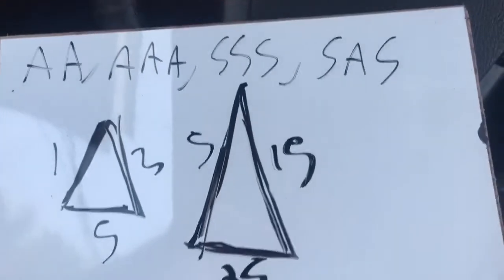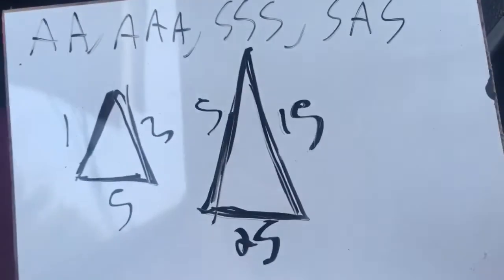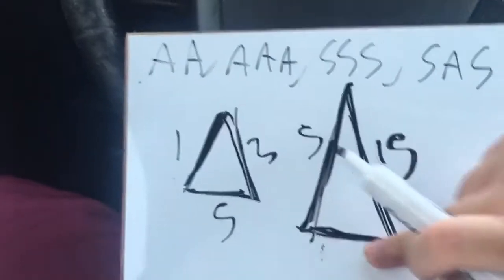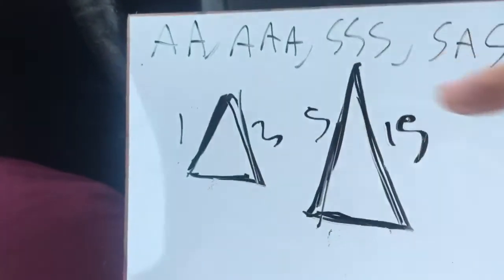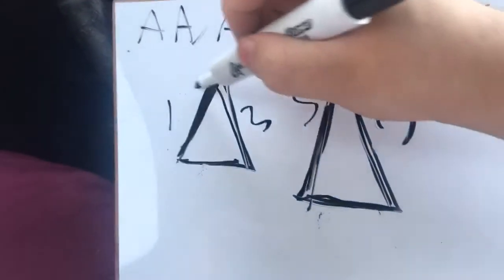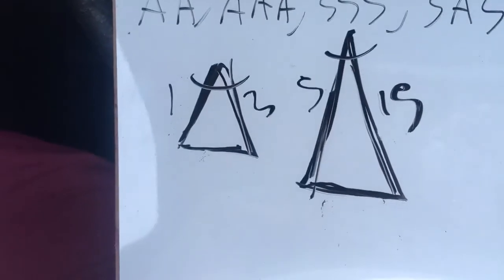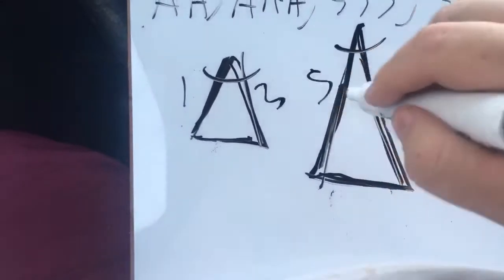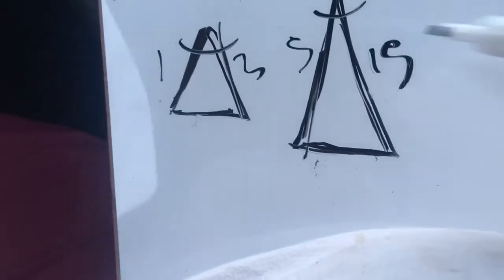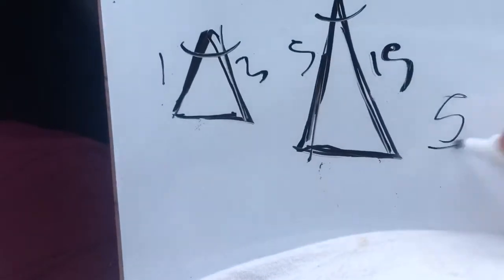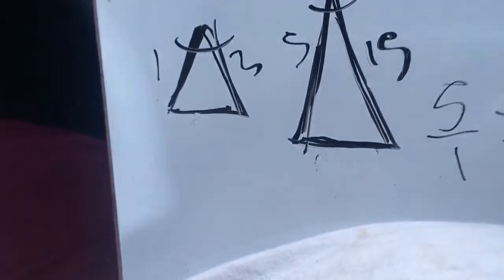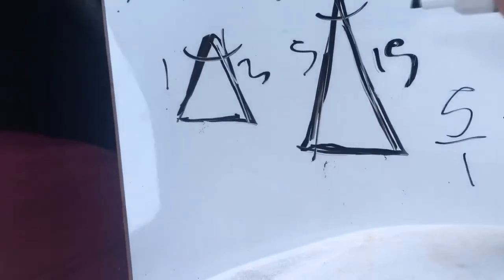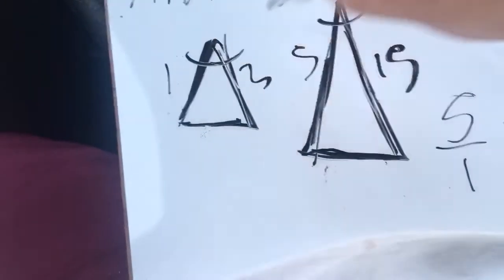The next postulate is the side angle side. So let's say we don't know this side, and we don't know this side, but we know this angle and this angle are equal. If the ratio between this side and this side, 5 and 1, is equal to the ratio between 15 and 3, and the angle in between these sides is congruent,